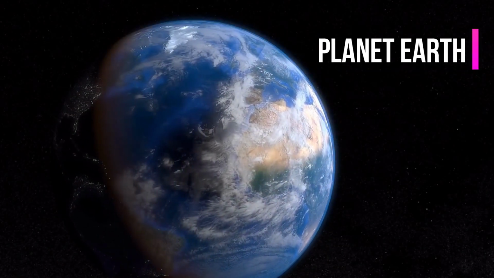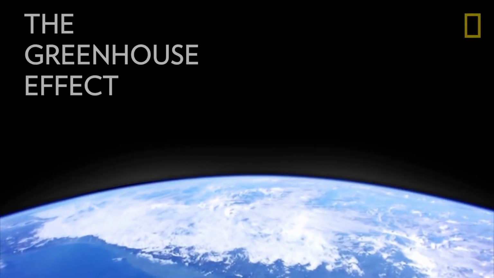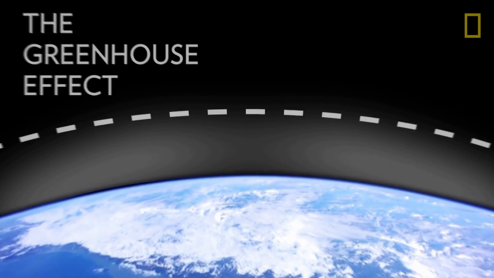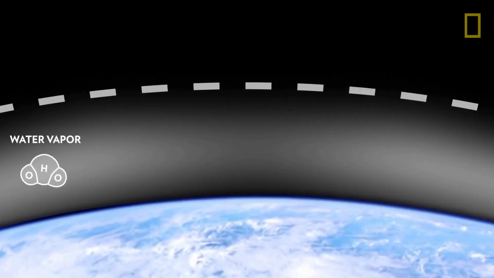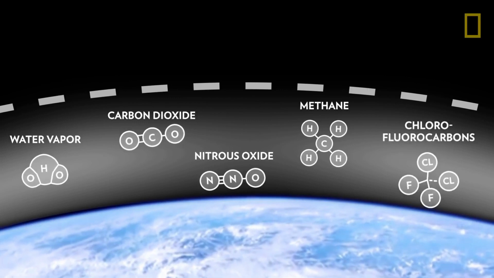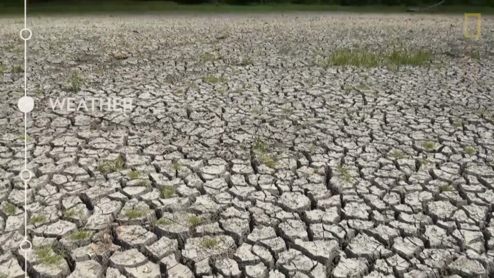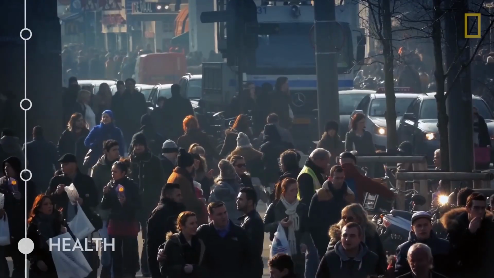Earth is the only planet in the solar system which has a mixture of different gases like oxygen, nitrogen, and carbon dioxide to form a breathable and livable environment for all the living creatures. For the last couple of decades, Earth is facing a major problem of climate change, which is mainly caused by us